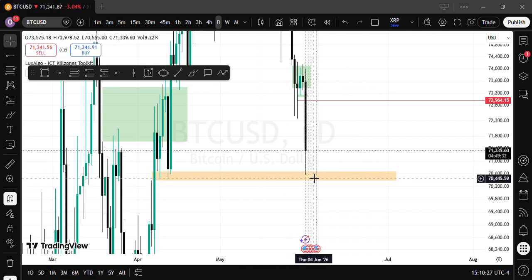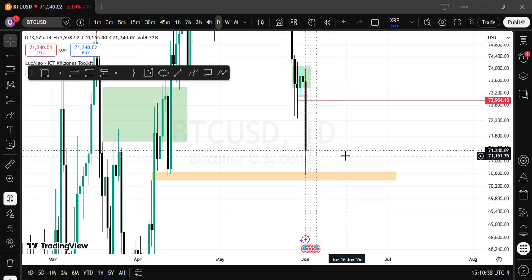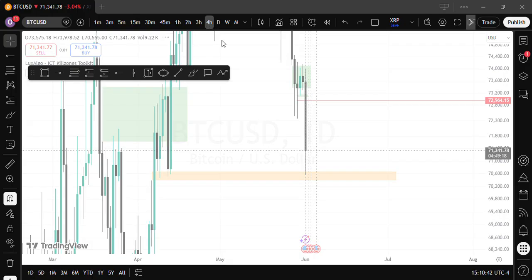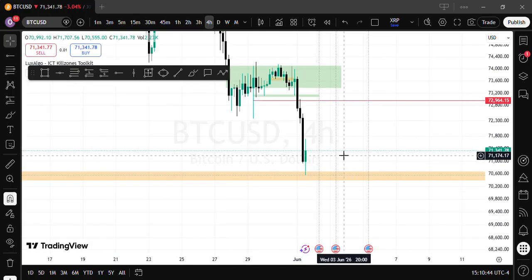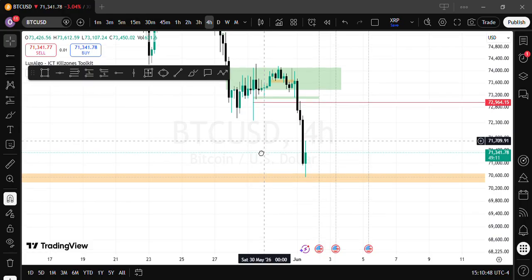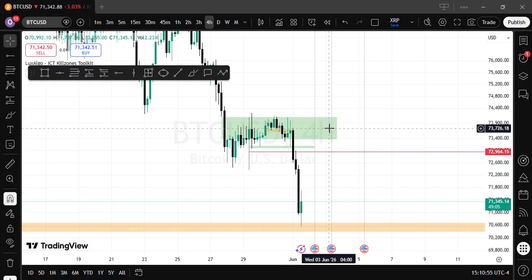observe how the daily closes below this fair value gap, and then once it closes below it, start expecting more sales. But if it doesn't close below it, don't go and be selling. It's possible that price might trace back up, right? So the only time I'll be expecting buy, for those that maybe are still having one idea of buy, the only time you should be expecting buy is when price closes above this fair value